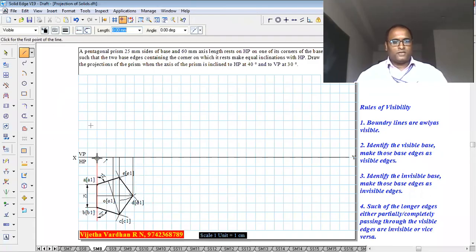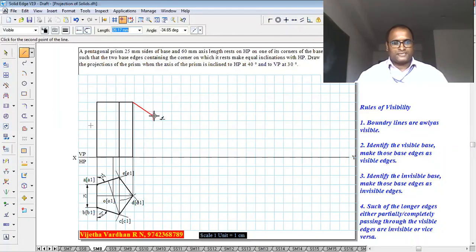And now what we are supposed to do is draw this line for a height of 60 millimeter, that is nothing but 6 boxes, that is the longer edge BB1, then followed by longer edge CC1, which is supposed to be drawn for 6 boxes, and in the same fashion the longer edge DD1 is also supposed to be drawn for a height of 6 boxes. And after drawing for the height of 6 boxes, now using your HB pencils, complete this bottom base